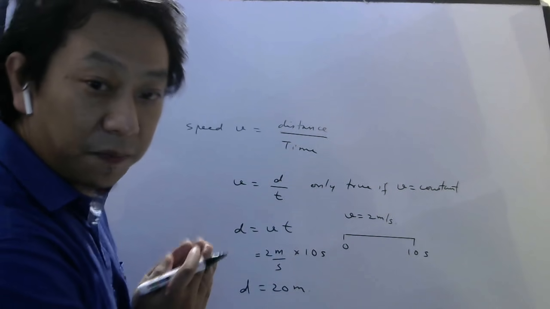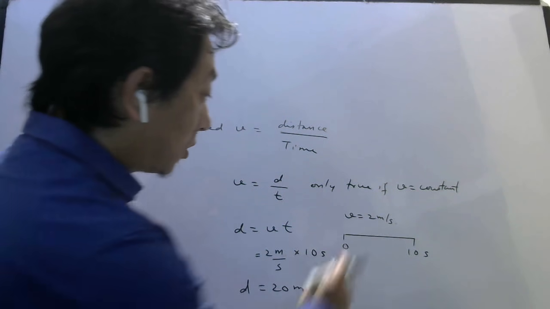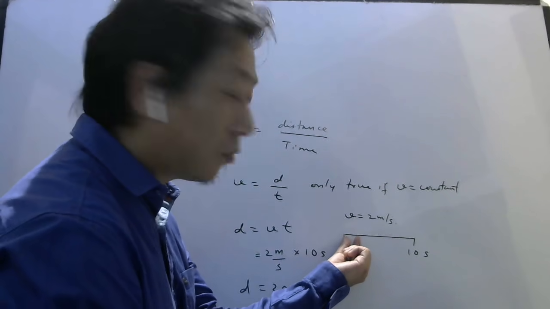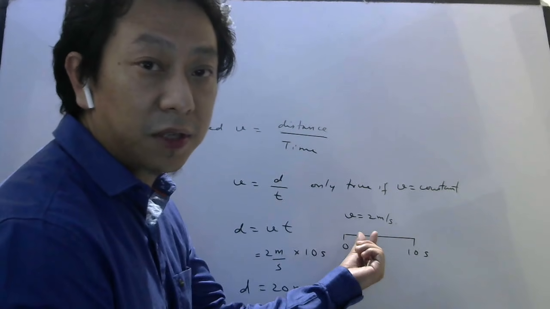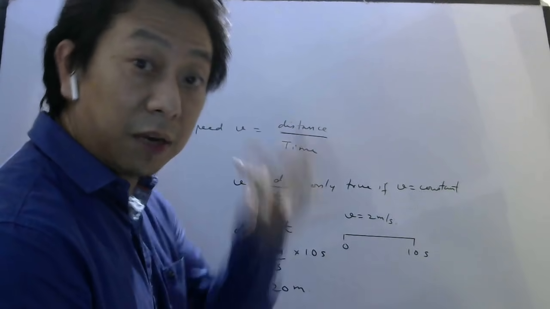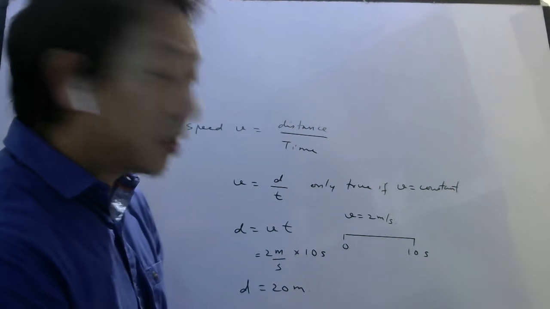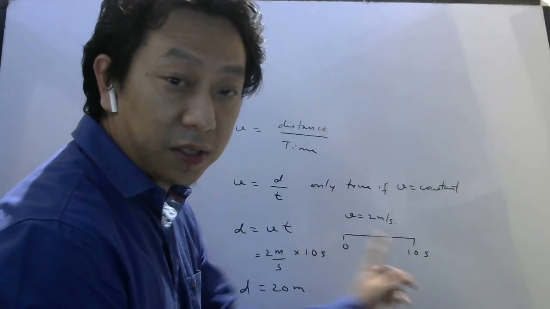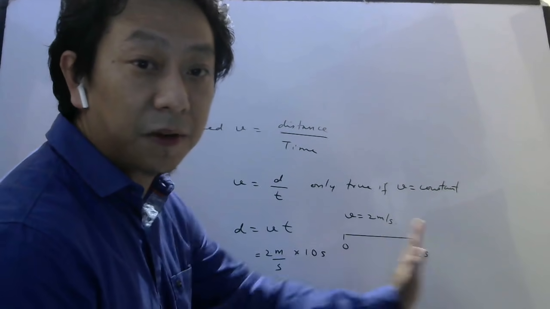It makes sense. However, students, think in this interval, suppose I move with different speed. Meaning for 1 second I travel with 3 meter per second. For the next 1 second I travel with 10 meter per second. Next 1 second I don't travel, I stay at rest. Then to find the distance covered from 0 to 10 seconds, can I use this formula? No, because the speed will be changing.